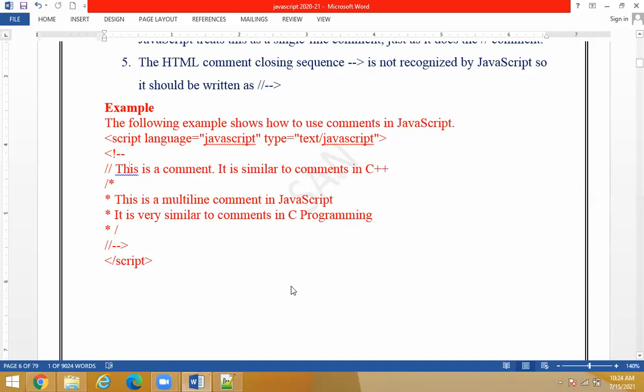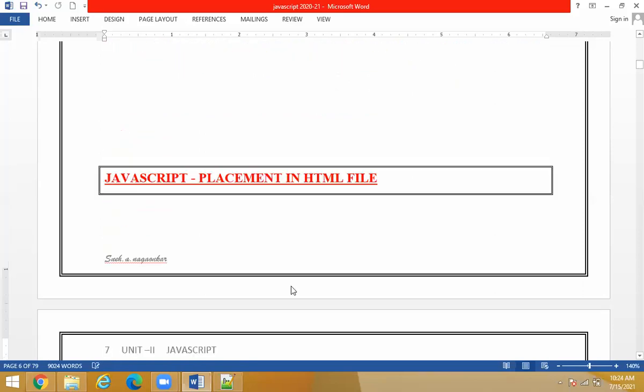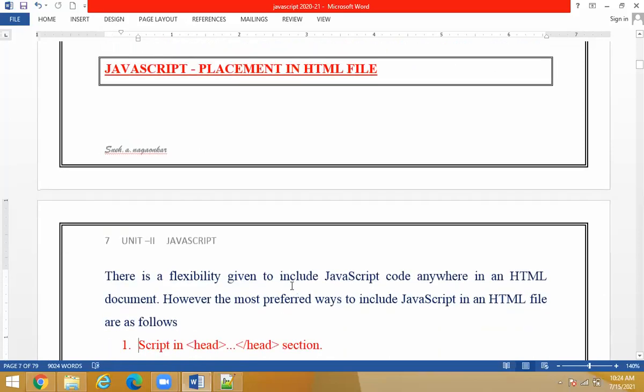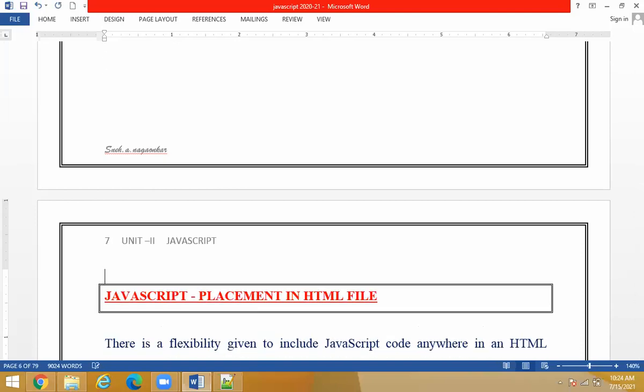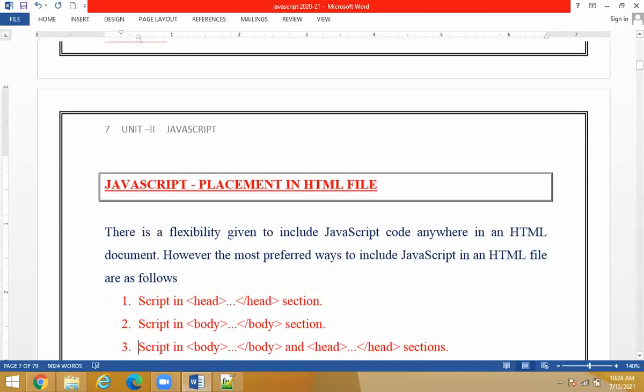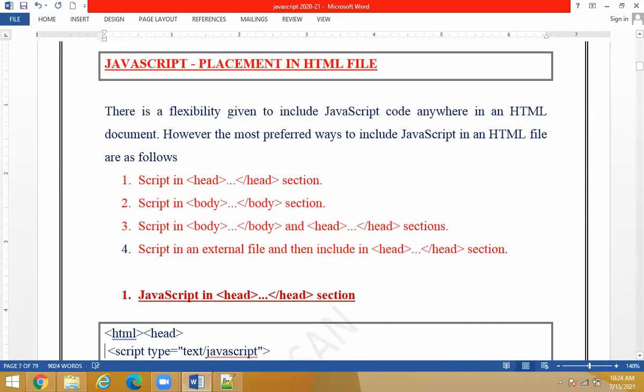Okay, so what are we still following, students? We are still seeing the JS characteristics. We are learning the JavaScript characteristics. Now we are done with the JavaScript characteristics. You can follow that for the syntax and the explanation of characteristics. In the next section I am going to explain what are the different ways or the placements of JavaScript in the HTML file. This may be an expected question, students.